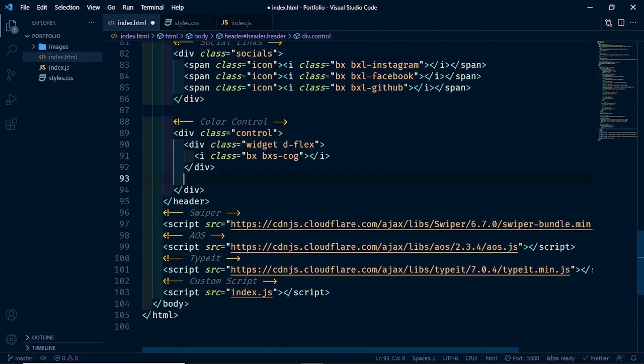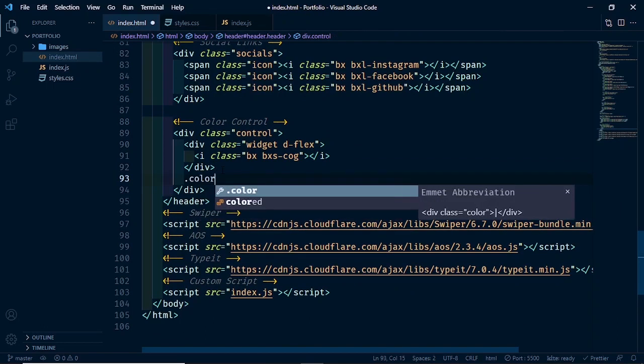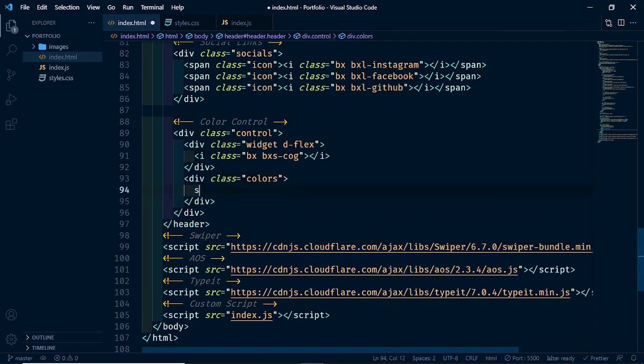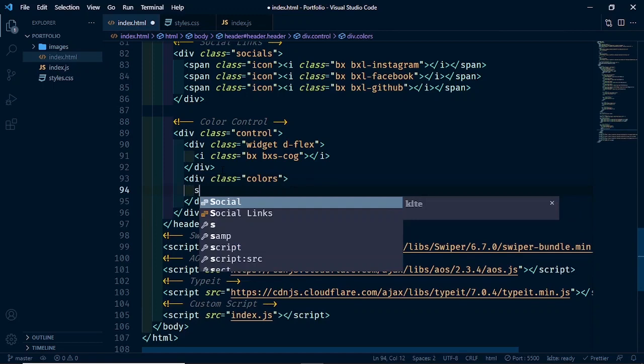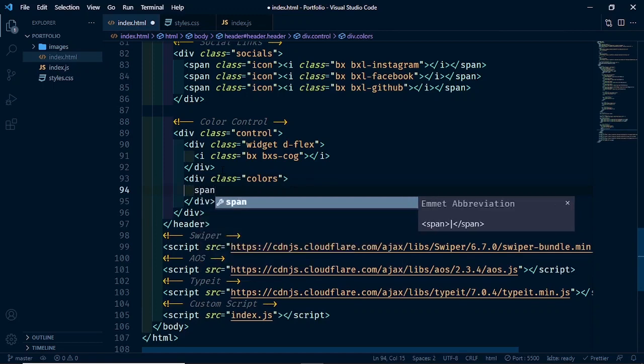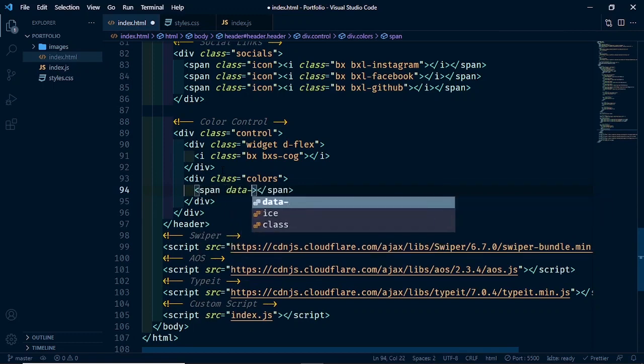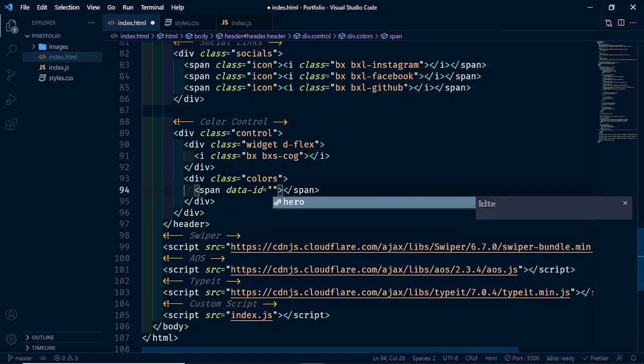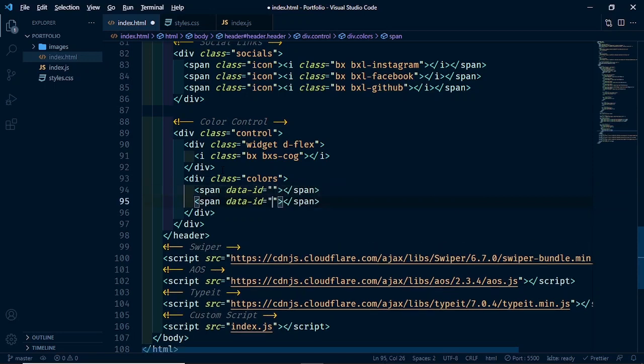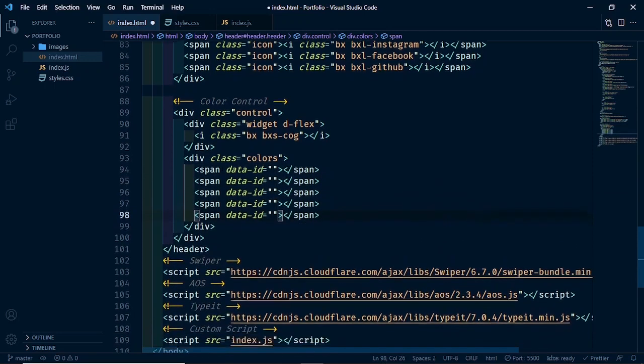And after the widget class, let's have another class called colors, and here we're going to have all our possible colors. Expand, let's give it a data-id should be equal to, so let's copy this down 4 more times